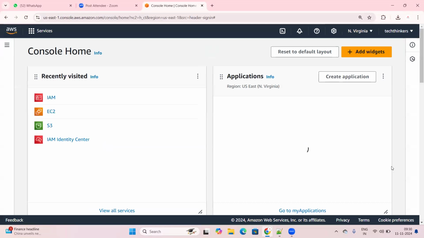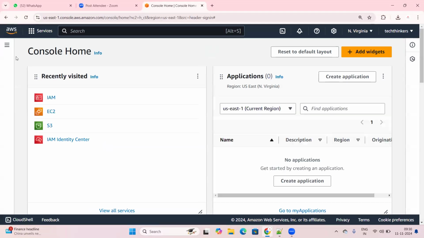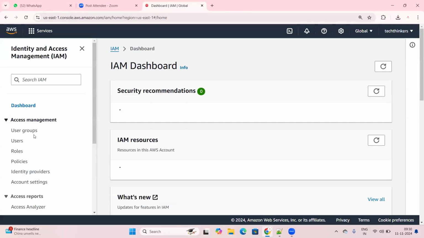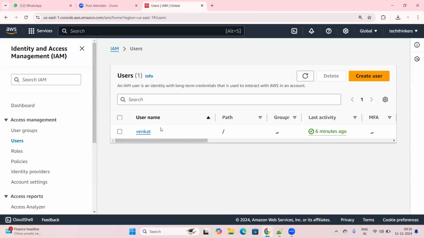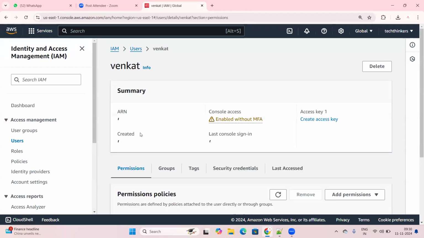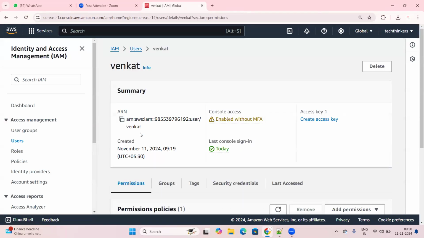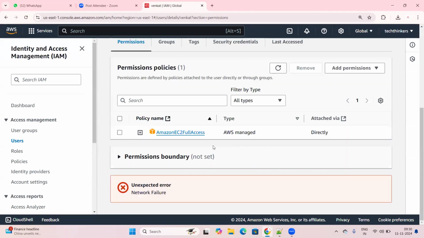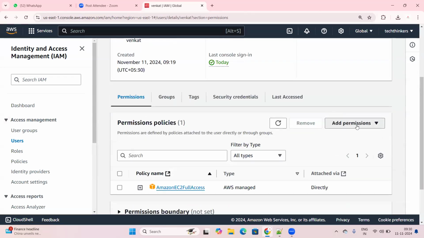I'm logging in by using my root user credentials. Now what I'm doing is I'll go to the service called IAM. I have only one user now. Venkat is the user. I'll select the username. I want to provide permissions to Venkat now. What kind of permissions would I like to provide? I will go for add permissions,